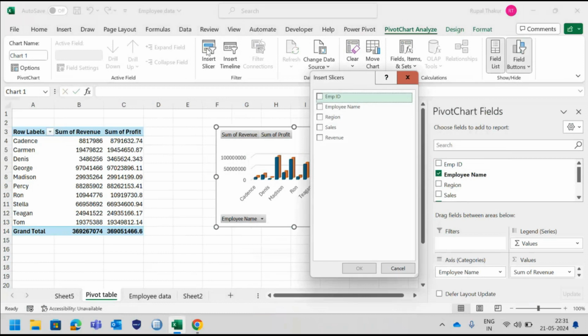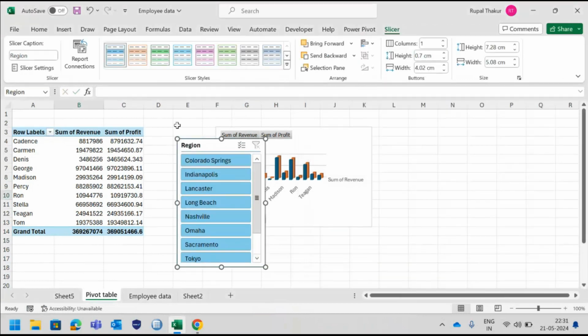Now it's up to you, and you have to understand on which column names or on which criteria you need to put these filters. So let's say I can put a filter on region, right? I can filter out my data on the basis of region, and I will just click on OK, and you'll see that this filter got